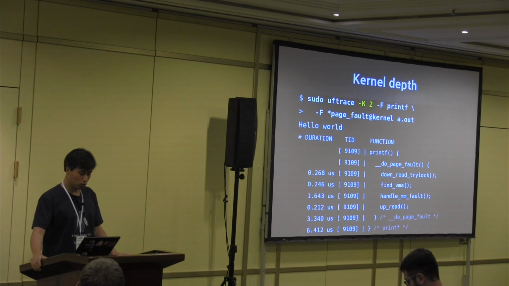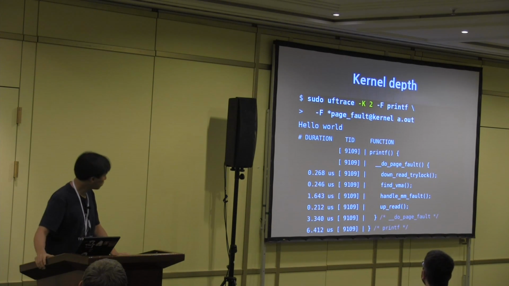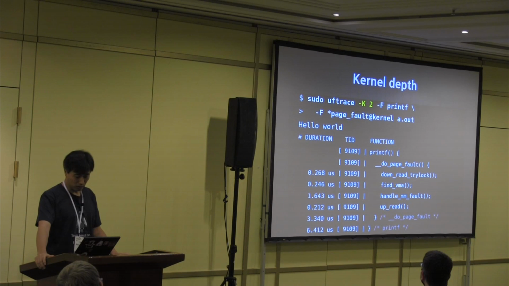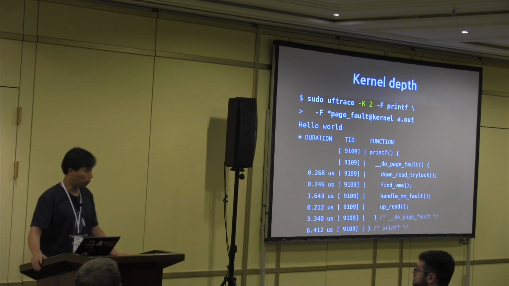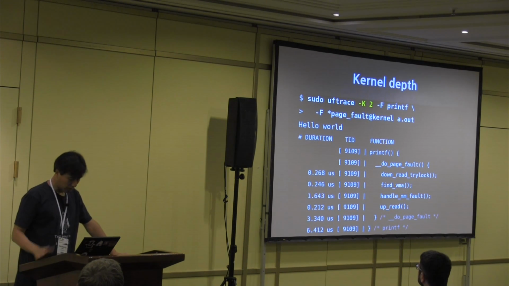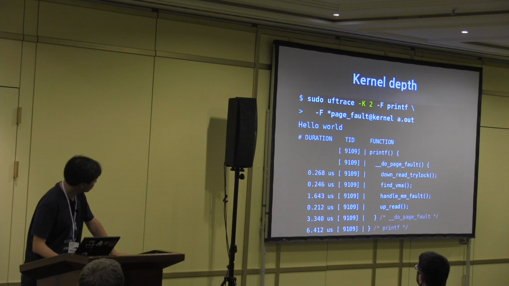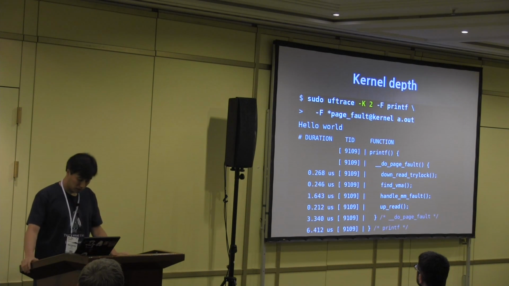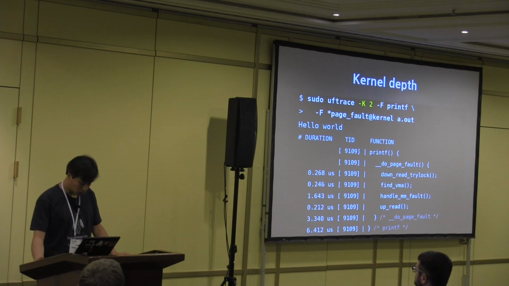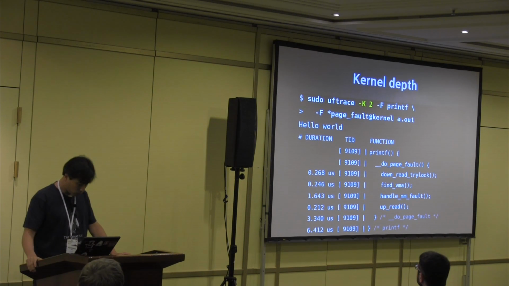But if you want to look at some more kernel functions, you can also set the depth of kernel functions with the capital K option. So you can use a kernel depth of 2 and see the page fault, do_page_fault, down_read_trylock, and you find vma, handle_mm_fault, and